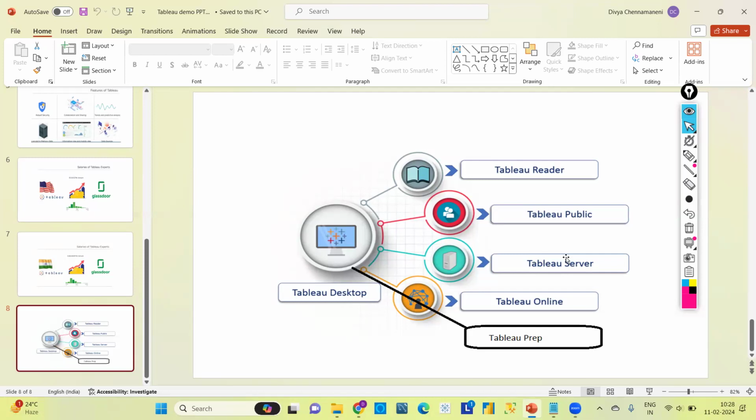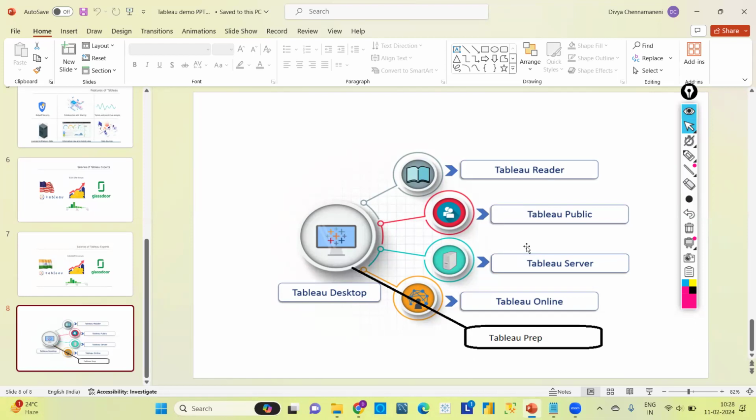If anyone is using Tableau Desktop, all the details will be stored in Tableau Server, like how much time they used, and any settings changes will be reflected there. It is maintained by Tableau admin people. We have a separate topic about this, and in that class I will show you everything practically, how it works.